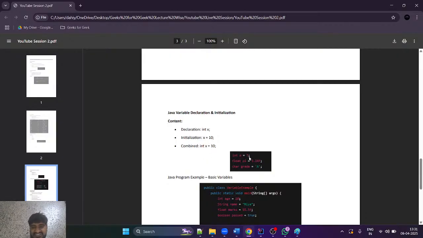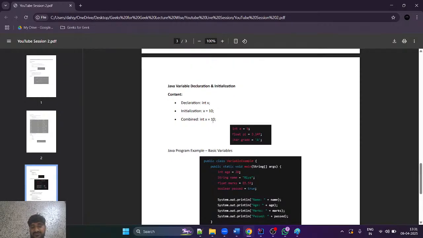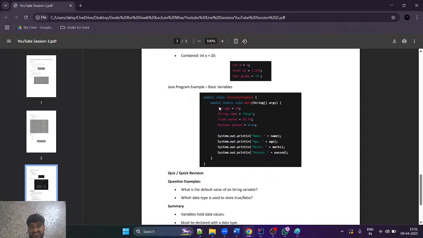Integer a is equal to 5, float pi is equal to 3.14f, character is equal to a. So these are the different ways through which we can combine initiation and declaration. This is one of the examples where we have added integer age is equal to 20, name as Ria, marks as 85.5, boolean value as passed is true,